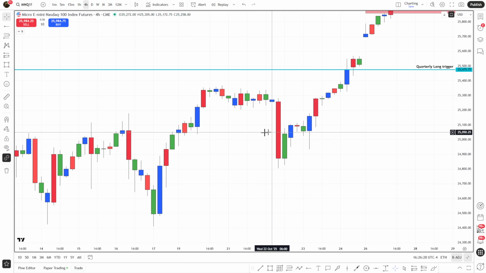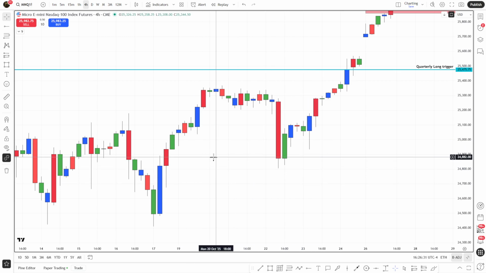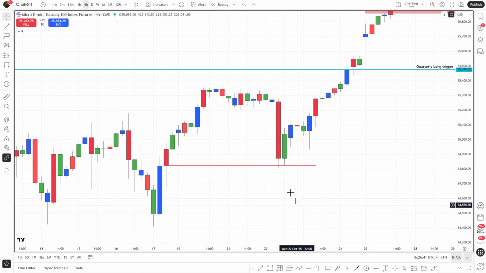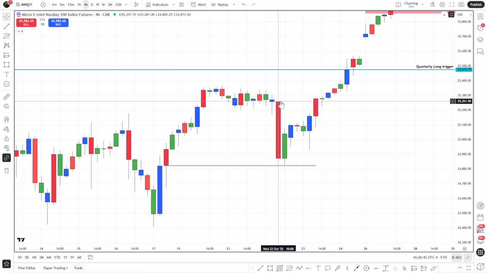So the 4 hour is just that. Here's just a quick example. We have this 10 a.m. candle opening price right here, and we have this 10 a.m. candle. Okay,